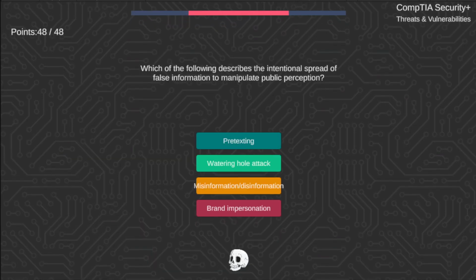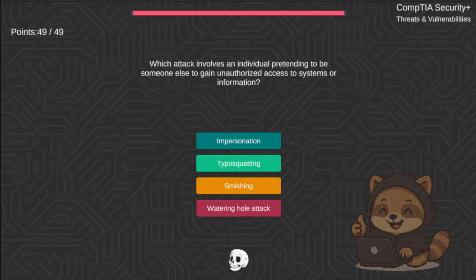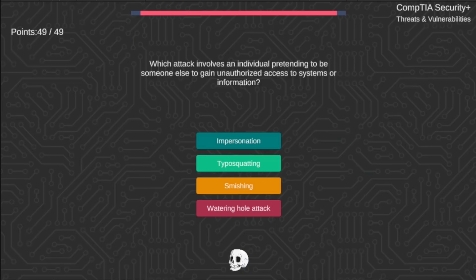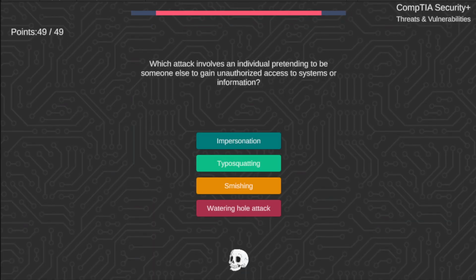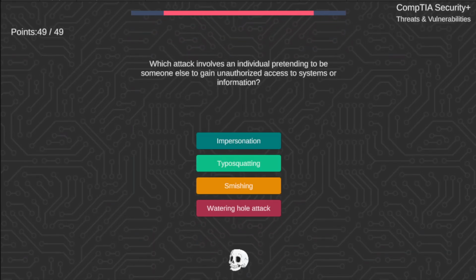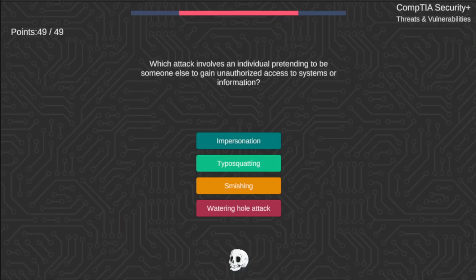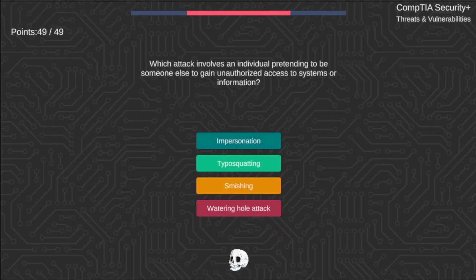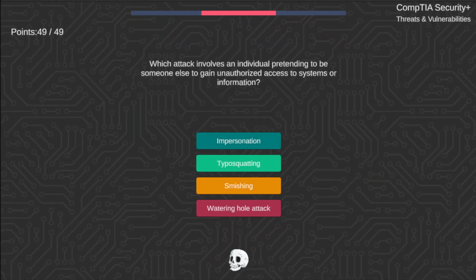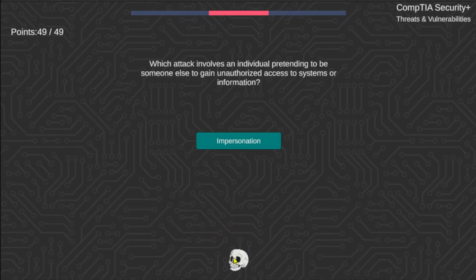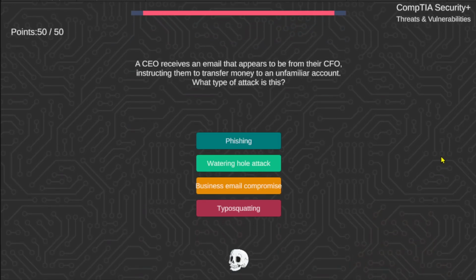Intentional spread of false information to manipulate public perception is misinformation or disinformation. Which attack involves an individual pretending to be someone else to gain unauthorized access to systems or information? Impersonation, typo squatting, smishing, or watering hole attack? Pretending to be someone else to gain unauthorized access to systems or information. Correct answer is impersonation. A CEO receives an email that appears to be from their CFO, instructing them to transfer